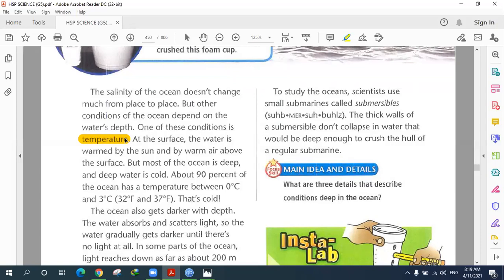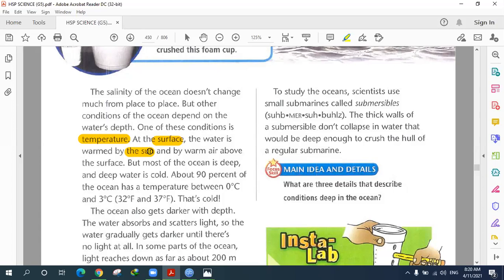because the surface of the water is actually warmed by the sun. As we go deeper, the light of the sun starts to decrease or kind of disappear, so there's no other source of heating. That's why the temperature gets colder as we go deeper in the oceans. Yes, that's right. Thank you so much, Udaish, Shlok, and Tanahi.